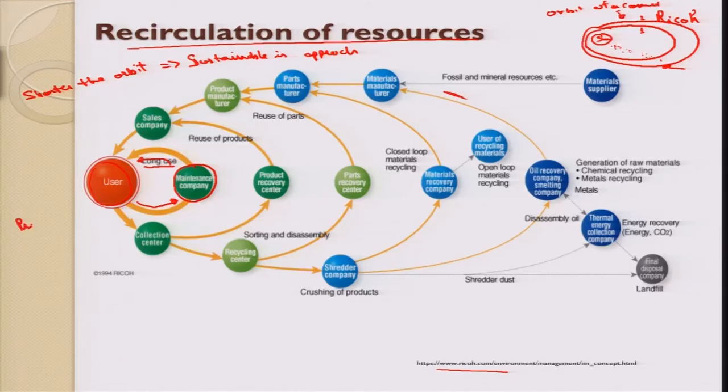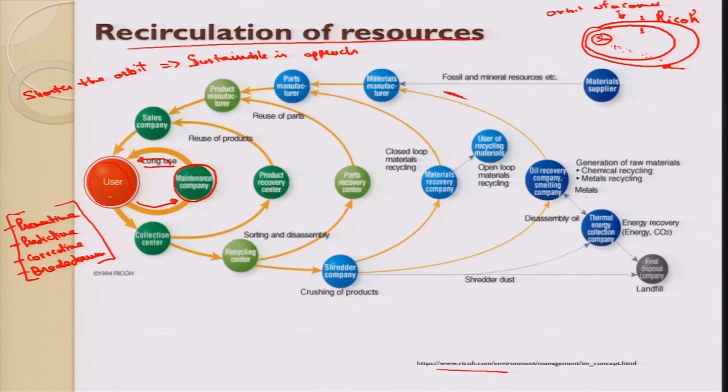So there are 4 kinds of maintenance here. I can put it here. These are preventive, predictive, corrective, and breakdown. We'll cover these in detail when we do the second part of this course, in which we'll do design for maintenance, design for environment. In those cases, we'll cover these in detail. We'll see how these kinds of maintenance are helpful for having a sustainable or green product as well, when we see design for environment.